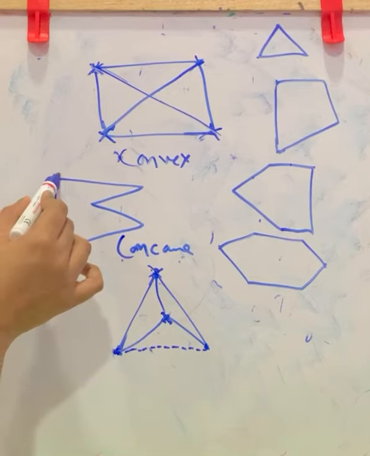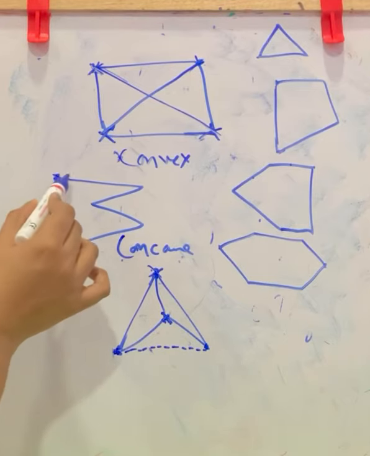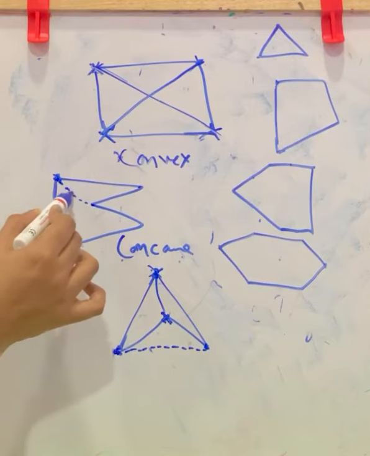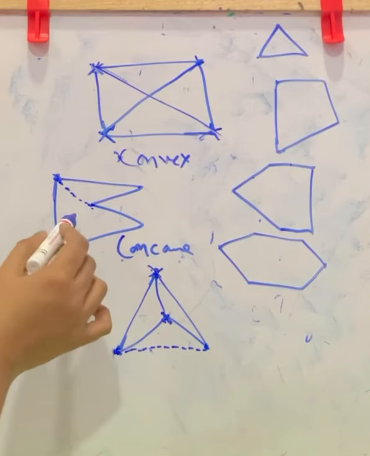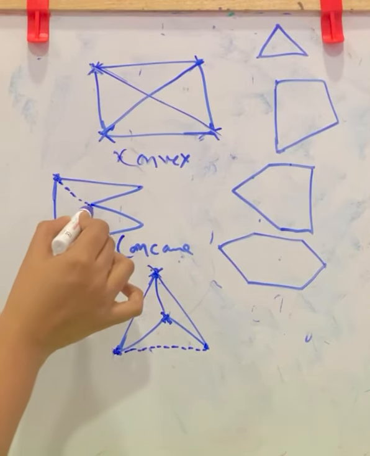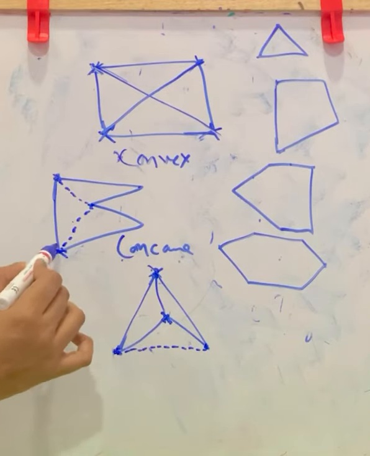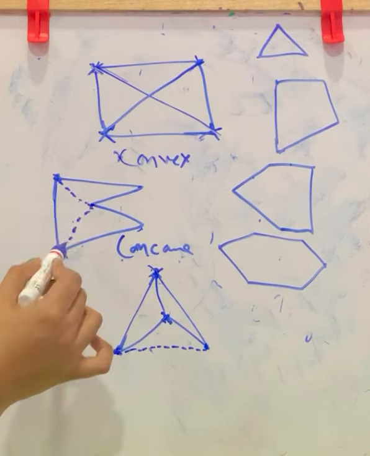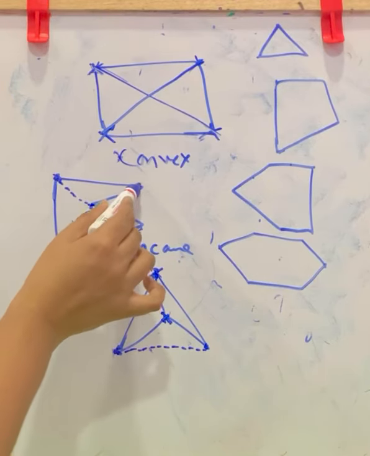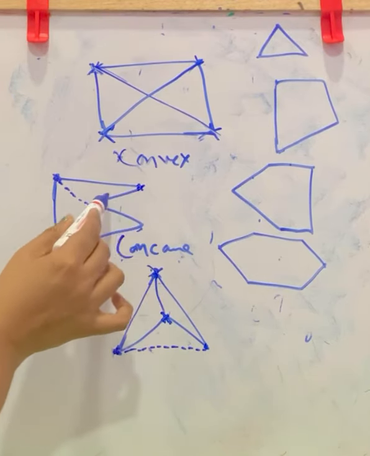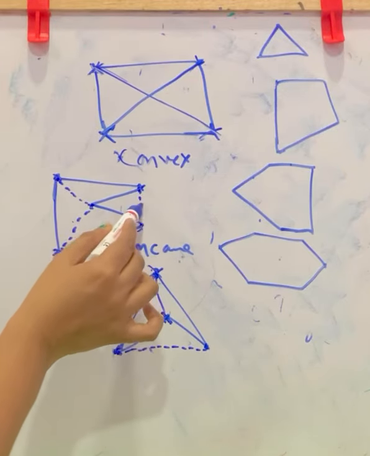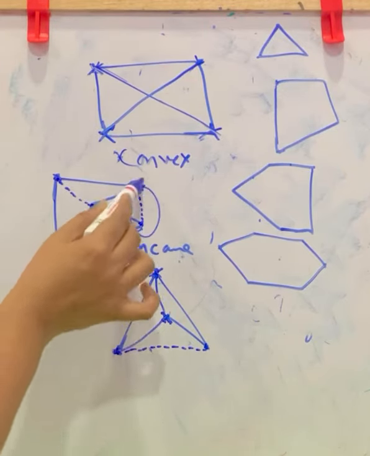The consecutive points or vertices of this point are this and this. So this will be non-consecutive. Join. This is a diagonal. Now this is also a diagonal because this point's consecutive points are this and this. So we can join this. Now what about the consecutive points of this? It is this and this. So here we can join it. This is outside the figure.